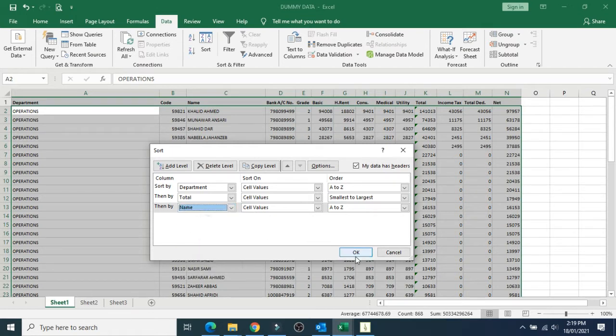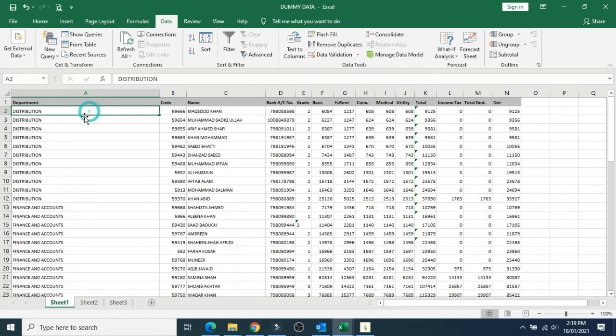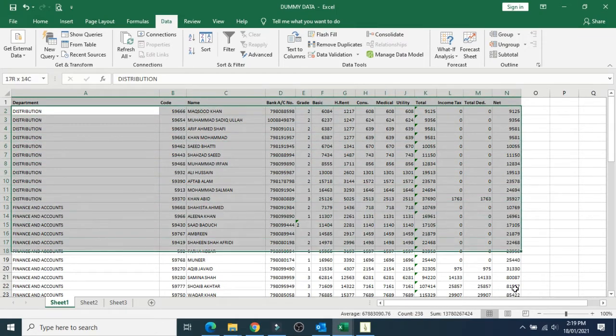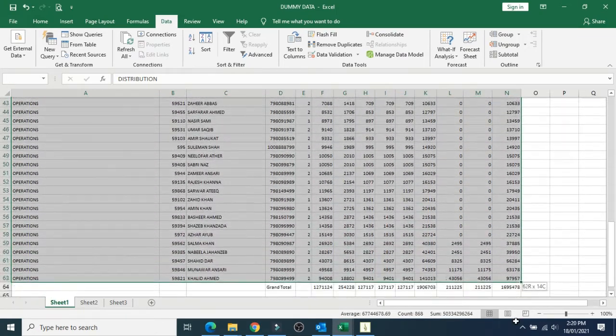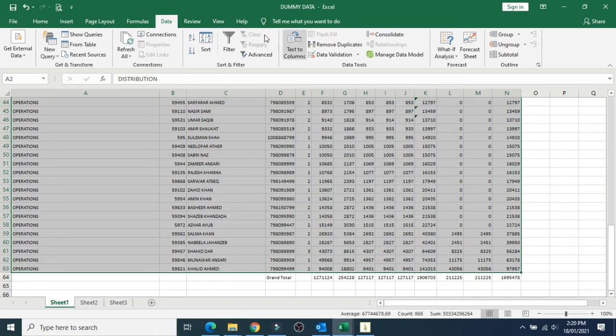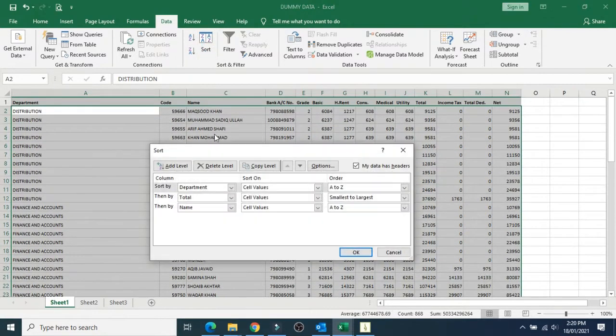name. I press OK. So see the distribution, within the distribution, the total amount, I selected lowest to highest. I have to change it from lowest to highest to highest to lowest. So I do it again. I select this field again. I go to sort. I just change this smallest to largest to largest to smallest.